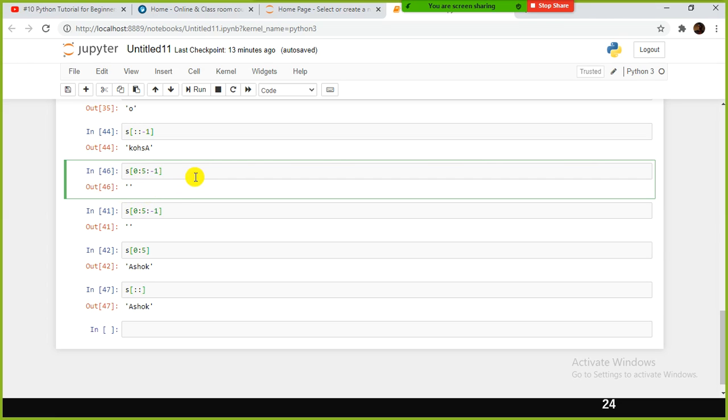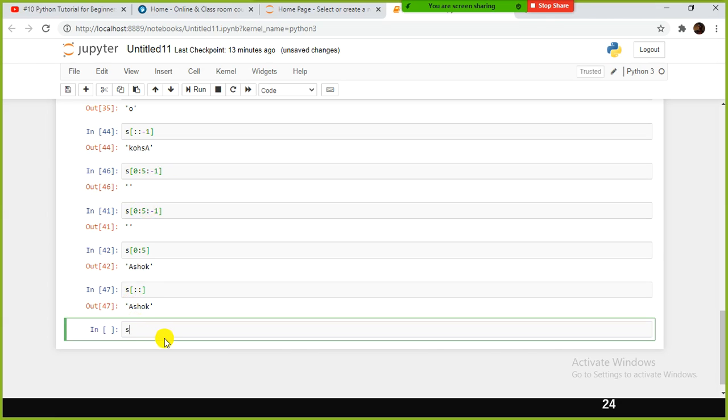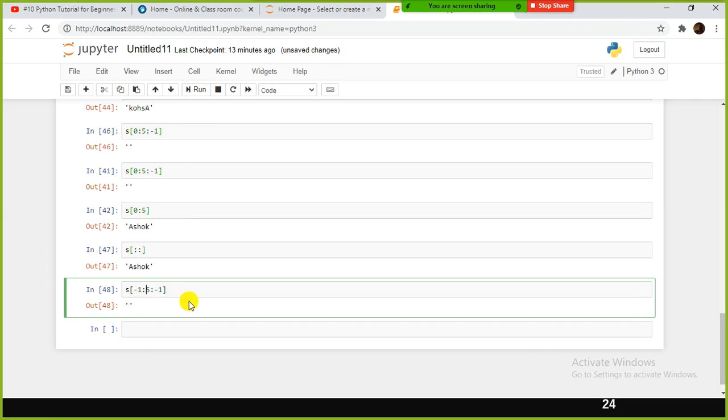It cannot, right? That is the issue. Can you give -1 to 5, that is 5 colon -1? So from the rear side to the 5 beginning, no, right? Remove the 5 and just print -1.